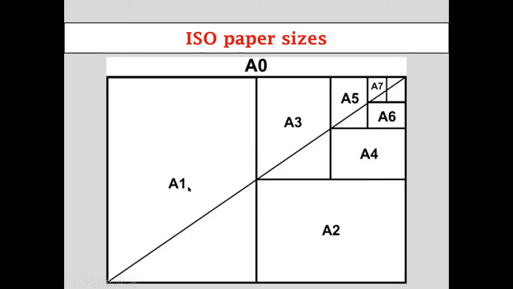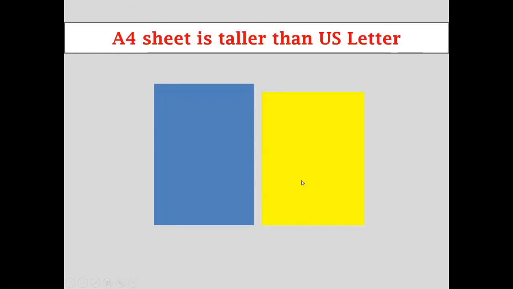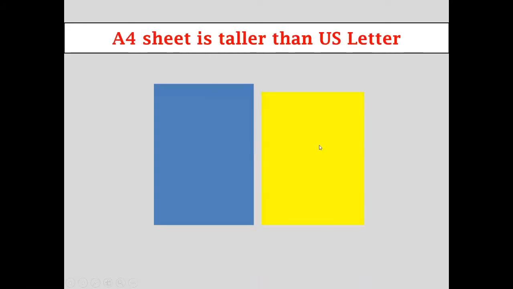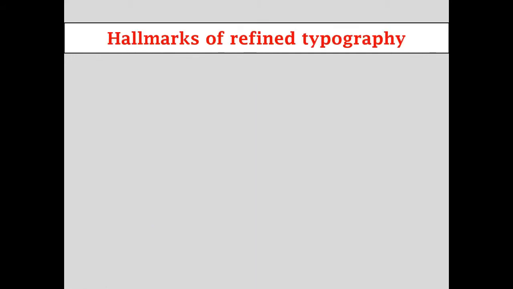So you typically use A4. That's how this whole system works. A0 is the parent size. If you fold it once, you get two A1s. You fold that once, and so on. But what is crucial here is that the default US size is 8.5 by 11, so it is slightly broader, but also slightly shorter. And because Microsoft Word is a US product, the default is usually US letter, 8.5 by 11 inches, whereas we are going to be taking printouts on A4 sheets. So you must make that change.